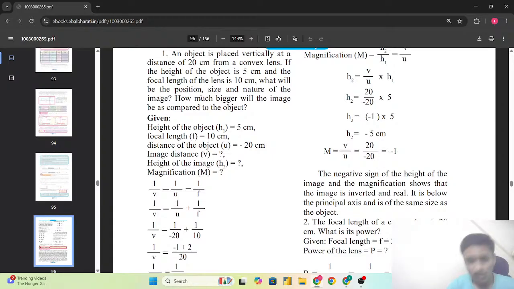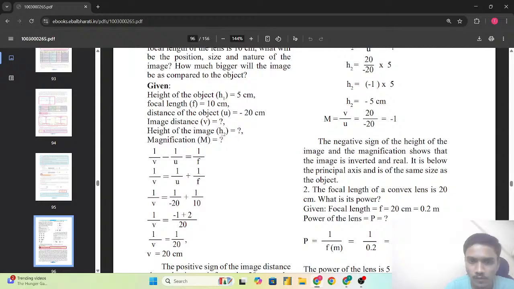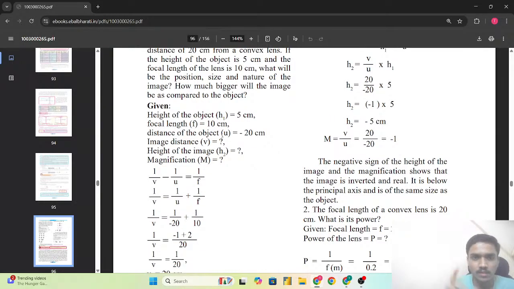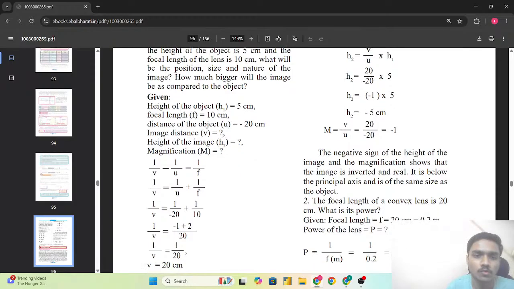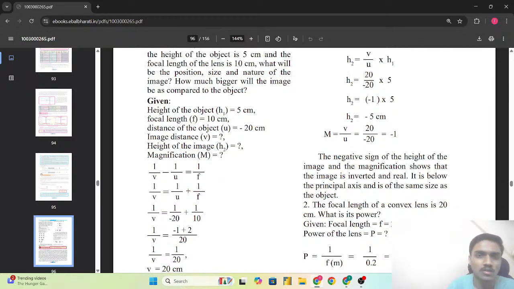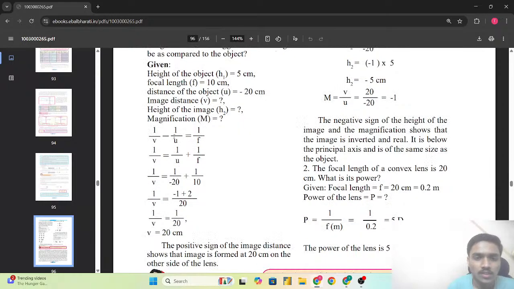सो यहाँ पर हाइट ऑफ द इमेज ऑल्सो वी हैव टू फाइंड, मतलब जो ऑब्जेक्ट की हाइट है और इमेज की जो फॉर्मेशन हाइट होगी, सो व्हाट विल बी द डिफरेंस बिटवीन दैट हाइट एंड ऑल। और वी हैव टू फाइंड द मैग्निफिकेशन आल्सो, दैट हाउ मच लार्ज और व्हाट विल बी द नेचर ऑफ दैट इमेज फॉर्म्ड। सो we are having here formula 1 upon v minus 1 upon u is equals to 1 upon